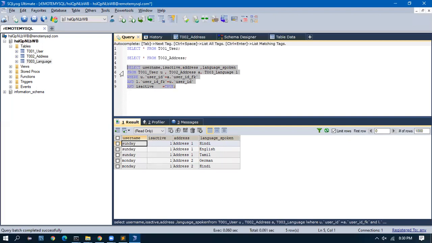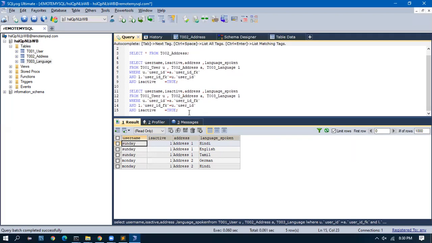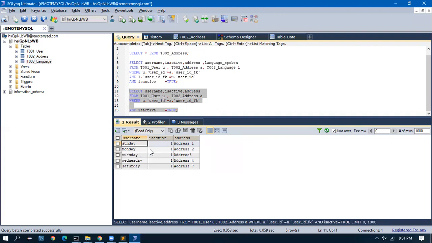When I remove this, how many records came? Okay, there is something to note now. I'll remove this language join from here. When I run this, I got Sunday, Monday, Tuesday, Wednesday.